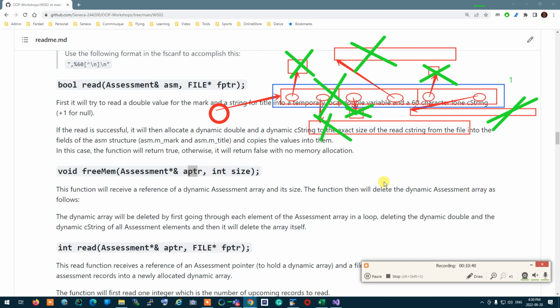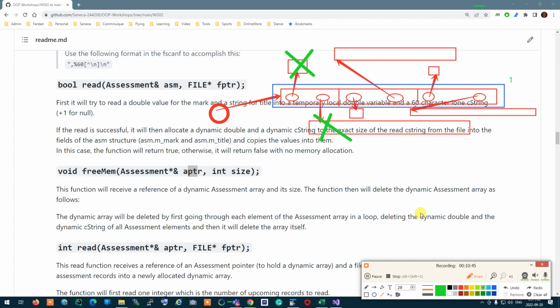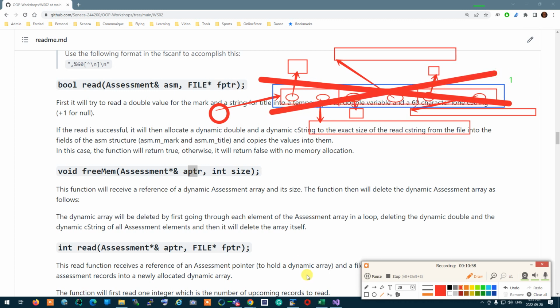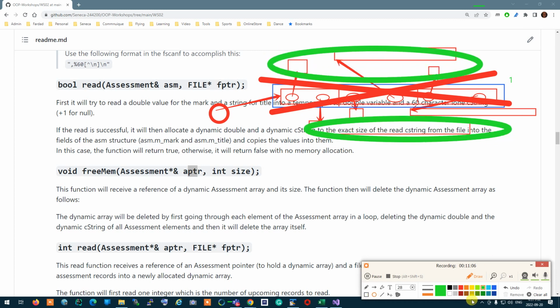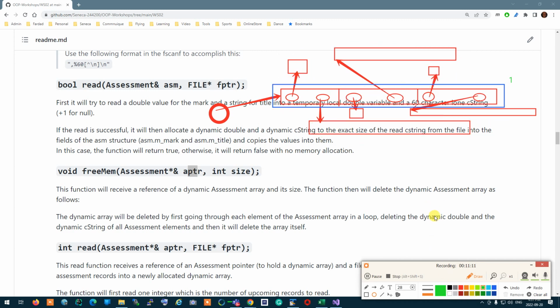If you don't do this and only delete this, then what happens to all these memories that are occupied, that are still in memory? You follow what I'm saying? See, when these are dynamically allocated, when these are actually created,